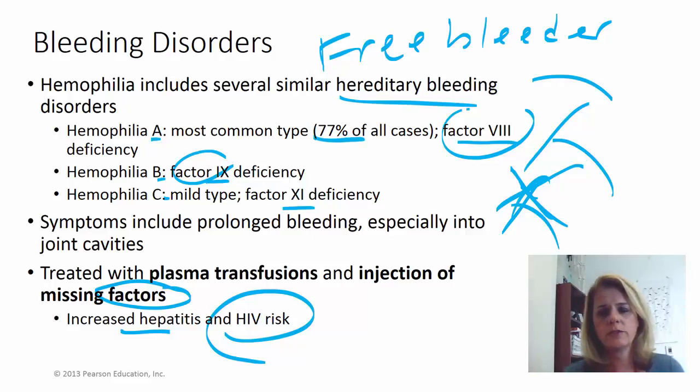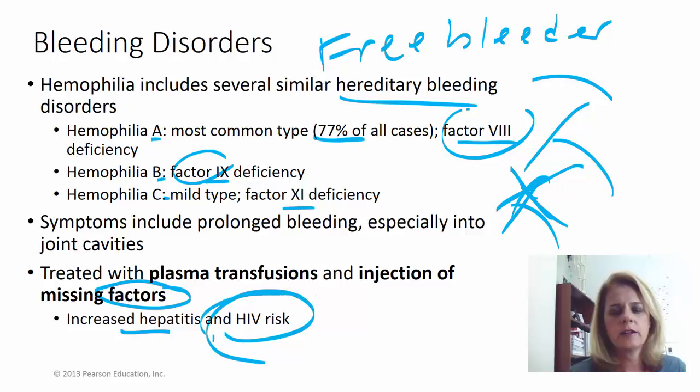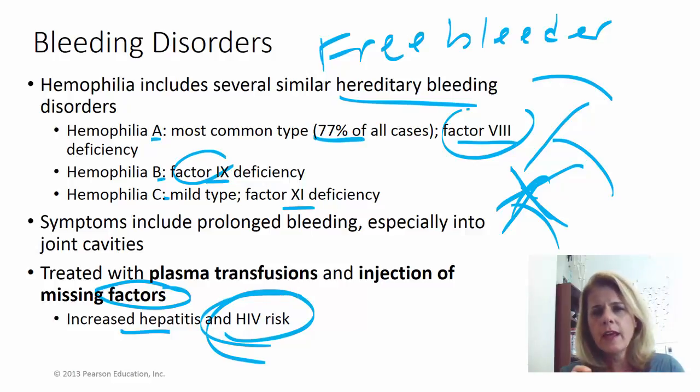We do have more routine testing of our blood, and so that happens less and less commonly now, but that is a risk factor of a blood transfusion, is you can get a disease that's being carried in the blood like HIV. One kind of cool thing about hemophilia, and you can maybe go online and look this up, is a lot of times it's inherited from the mother.